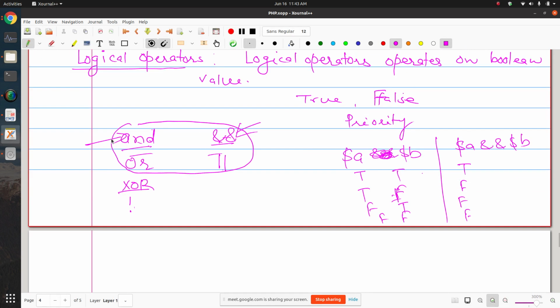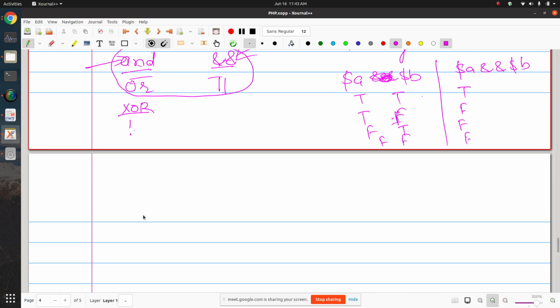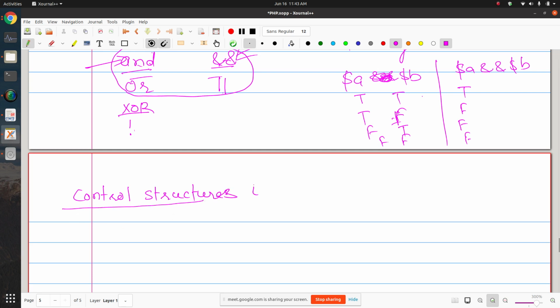Now let's talk about the control structures that PHP offers, or you can say decision making structures. So control structures are the structures that are used to control the flow of एग्जीक्यूशन, है ना, यू नो ऑलरेडी दैट.